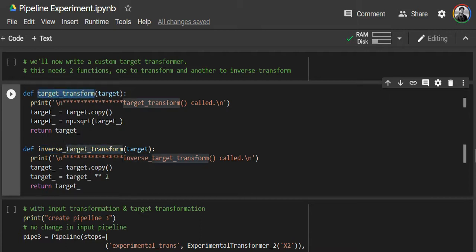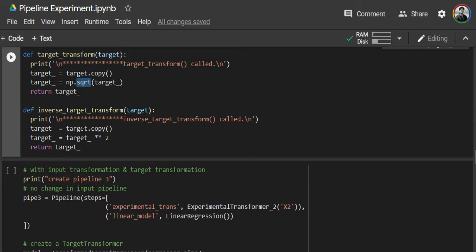You need to give two functions, a target underscore transform. This could be any name. I have kept it as target underscore transform, and inverse underscore target underscore transform. These two typically are inverse of each other. So what you are saying is, while you are fitting the model, transform this using this. So basically square root of y is to be treated as y, and then try to fit the model, which will give a perfect linear model.